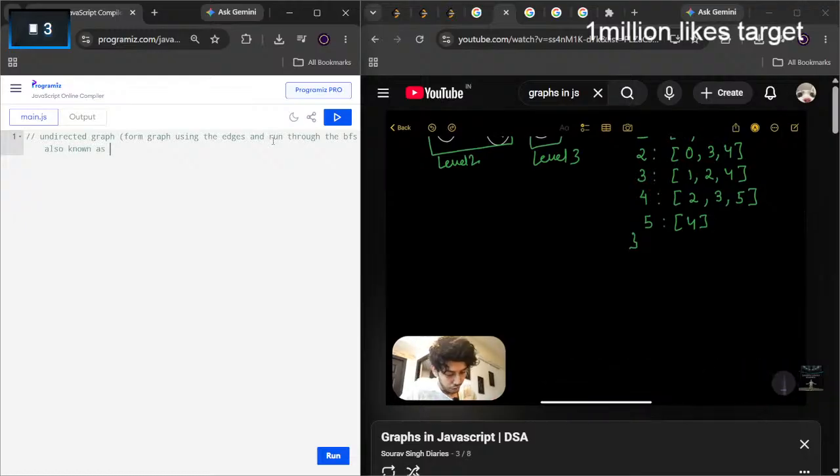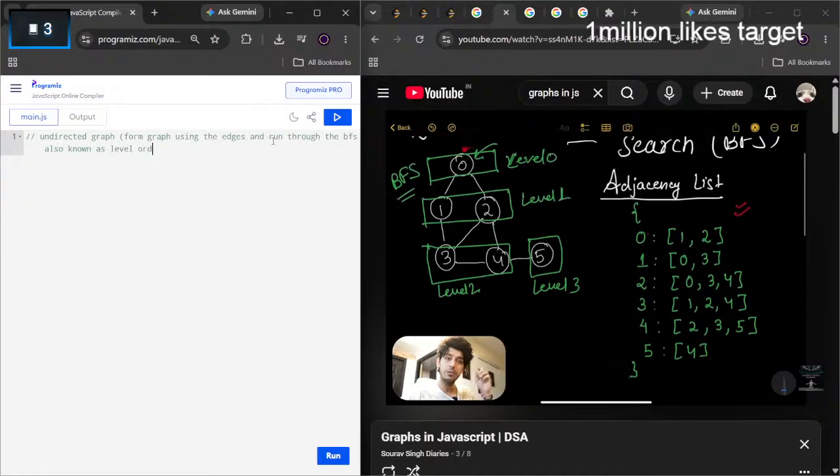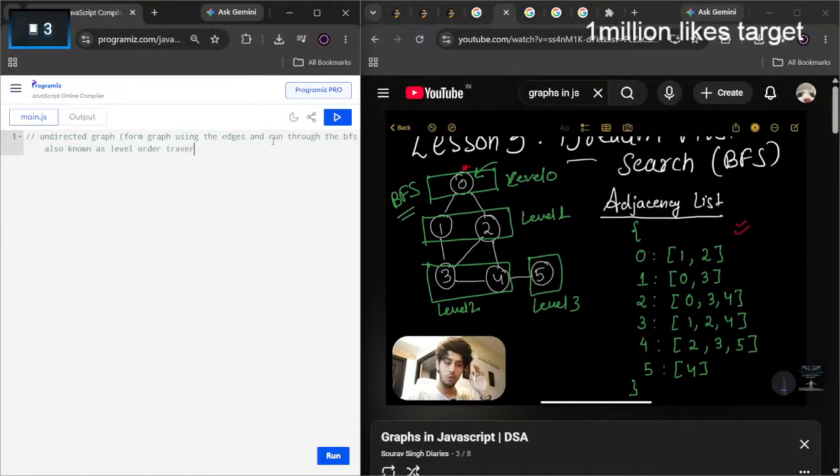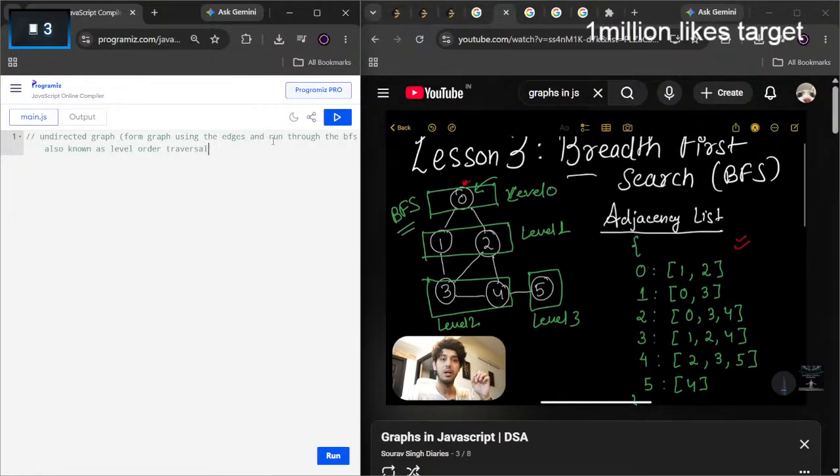वो ये होगा कि सबसे पहली बात है ना कि लोग बीएफएस जब पढ़ाते हैं तो बोलते हैं कि डायरेक्टली क्यू यूज कर लो। हमें इंट्यूशन बिल्ड करना है, राइट, कि वो क्यू ही हम क्यों यूज कर रहे हैं, करेक्ट। तो अब ध्यान से देखो, अभी मैं आपको एक चीज बताता हूं। जब हम लेवल 0 से लेवल 1 तक आ रहे थे ना, तो हम क्या किए कि उस लेवल 0 से उसके सारे नेबर्स को विजिट किए, राइट। हमने 1 को विजिट कर दिया, 2 को विजिट कर दिया, ठीक है।